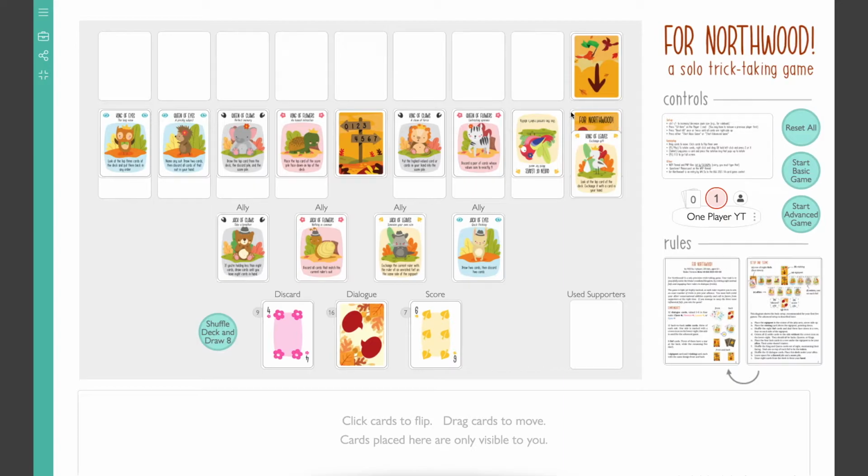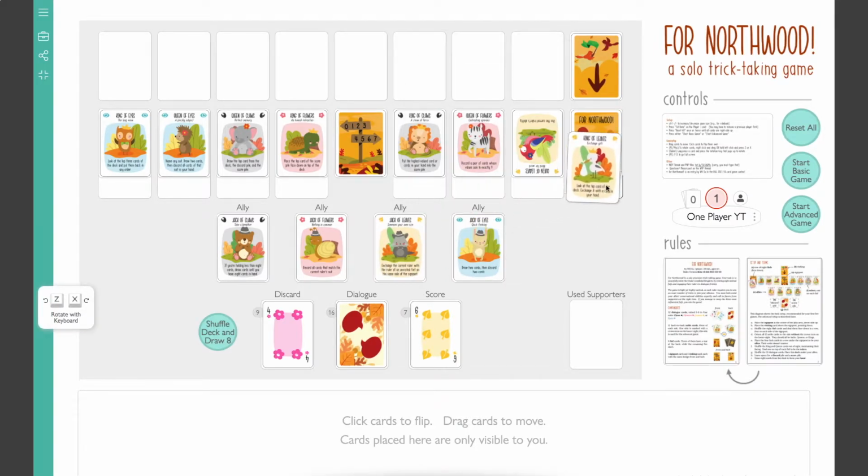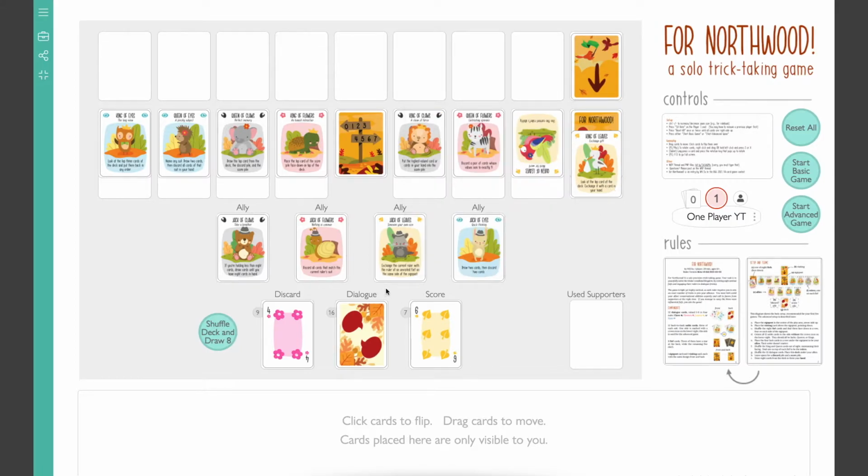We don't know if it's winning yet. We won't find out until the end of the game. But we can now actually use this card in place of one of our allies, should we want to. So this lets us look at the top card of the deck and exchange it with a card in our hand. That's pretty nice. Right, we've done the top 2. Why don't we go and see